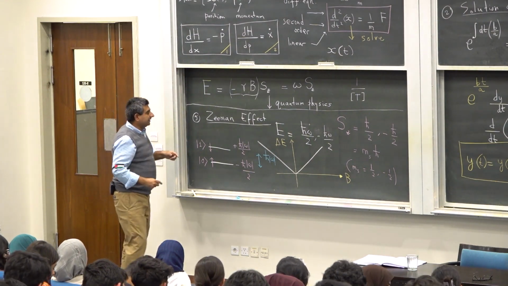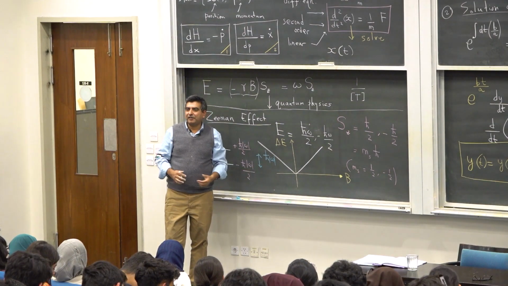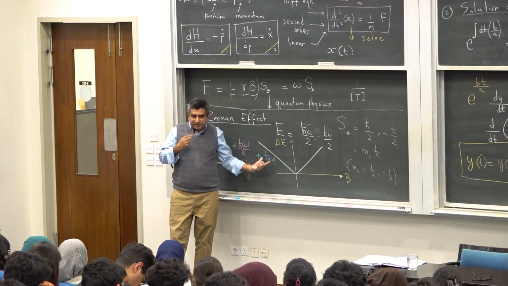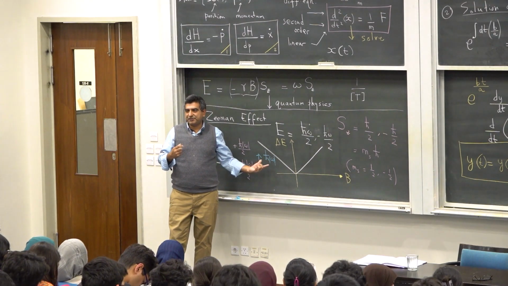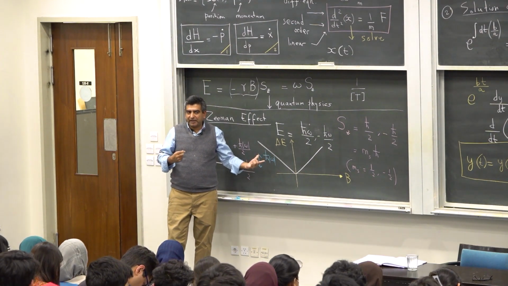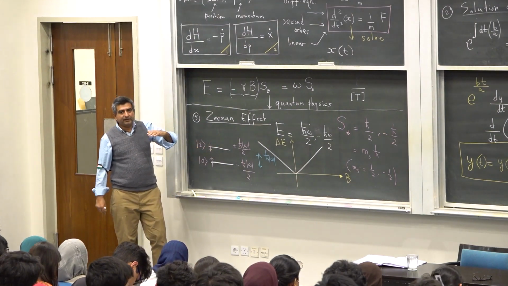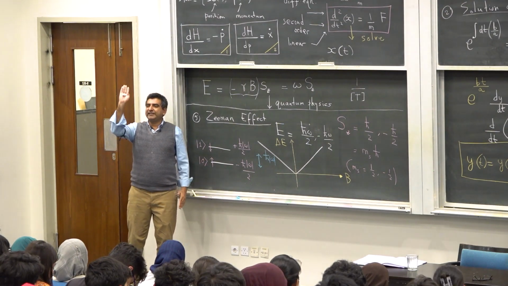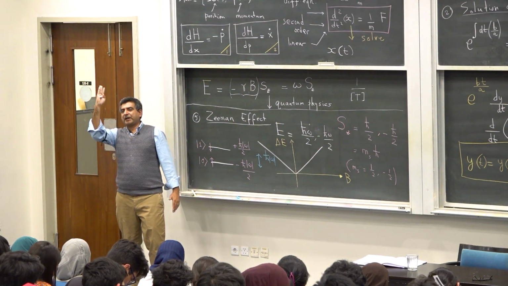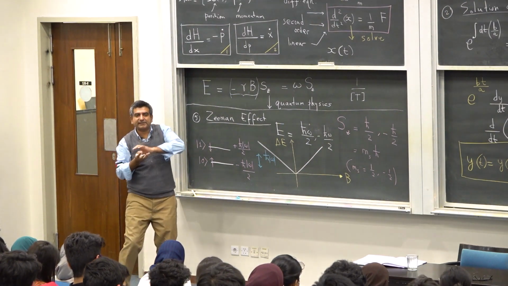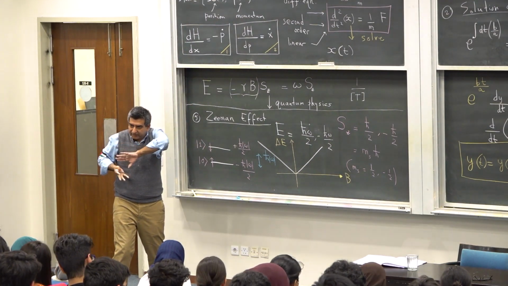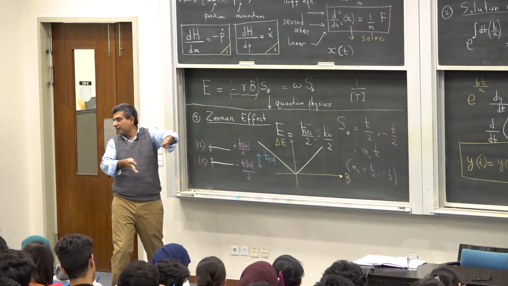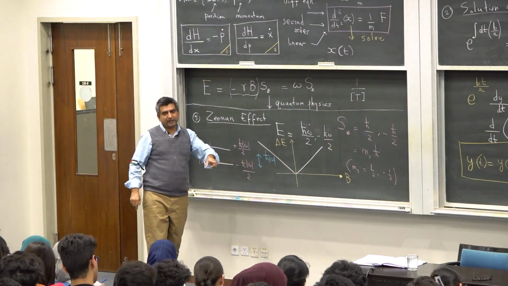But keep in mind that this gap is h bar omega, and you're familiar with energies of this kind. What's the energy of a photon? hf or h bar omega. So if a spin comes from the top state to the lower state, which means its spin was anti-parallel, becomes parallel, it emits a certain amount of energy in the form of light, in the form of photons, and that photonic energy is h bar omega.